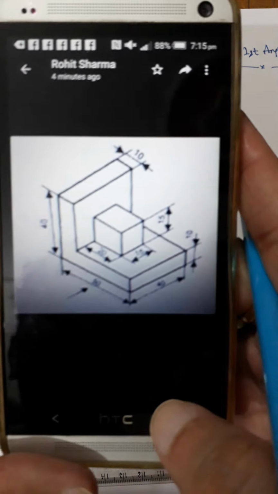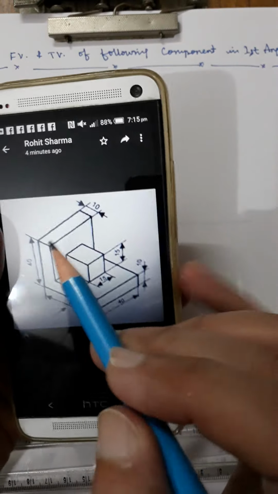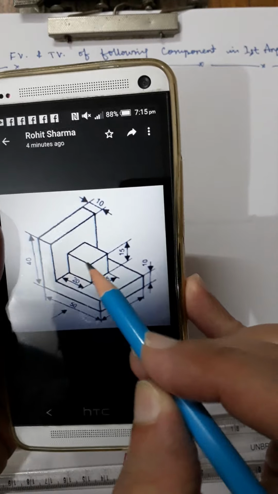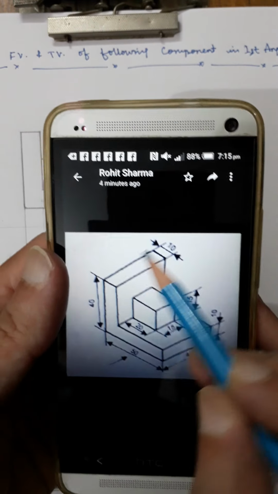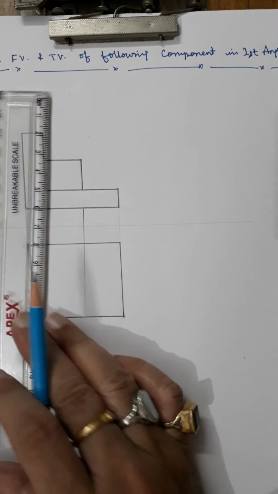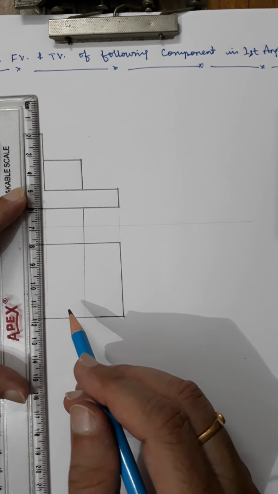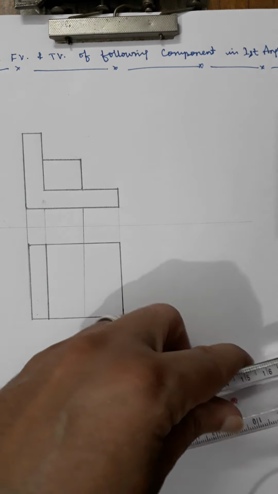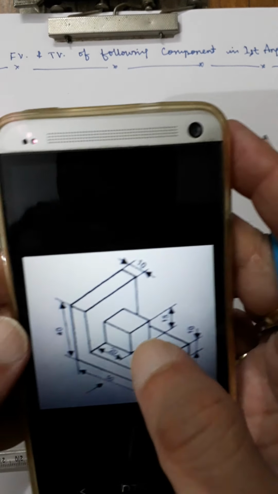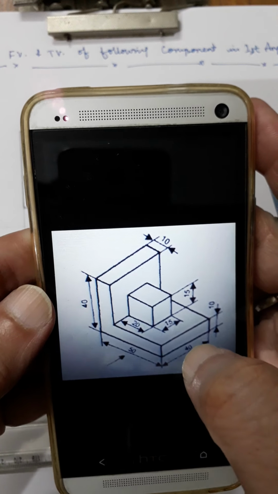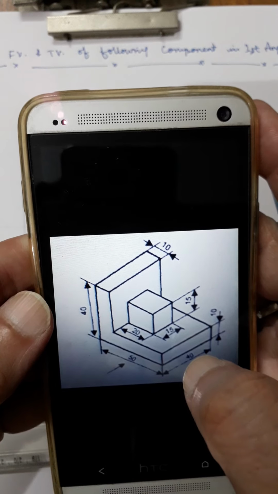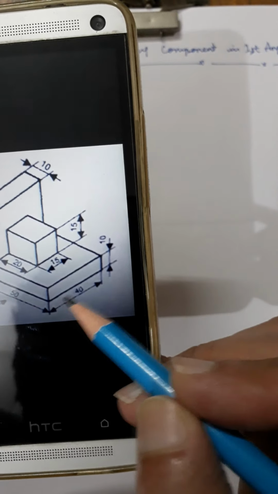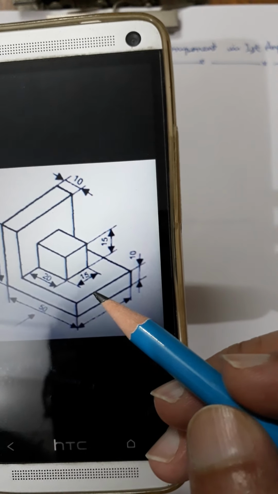Now you can see here, in the top view, this is a rectangle, and then there is this rectangle you will be able to see. So first I will draw this rectangle. Okay, so this rectangle is visible, and then this inside box is again a rectangle. It is 15 by 20, and it is at the middle. So the depth is 40 mm, so the middle will be at 20.